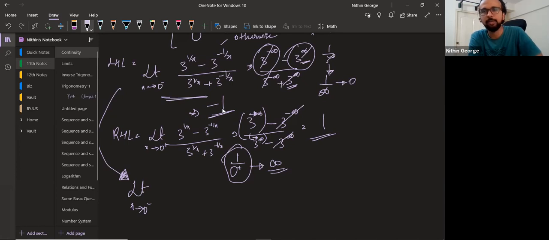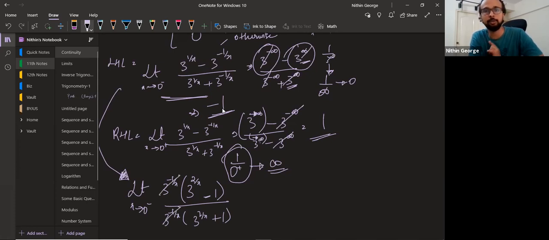Okay. So in that form, what will I do? How do I normally solve? I'll take the largest infinity out and cancel it out, right? So the largest infinity is 3 power minus infinity, that is 3 power minus 1 by x. So I take 3 power minus 1 by x common outside. Now what am I left with? 3 power 2 by x minus 1. And then 3 power minus 1 by x I'll take here, 3 power 2 by x plus 1. So 3 power minus 1 by x, 3 power minus 1 by x, I will cancel out.